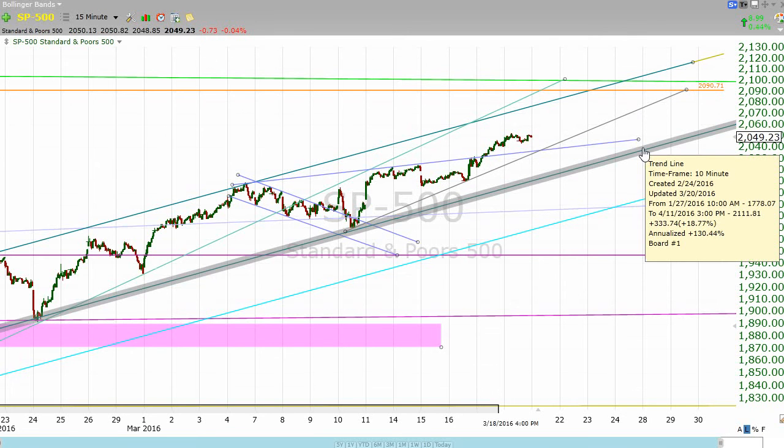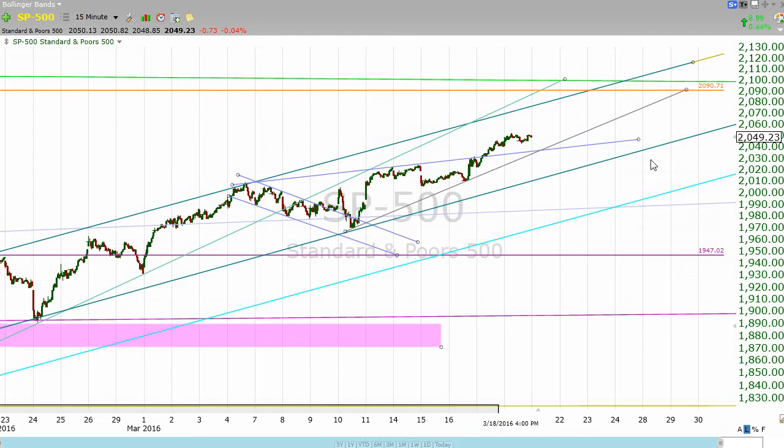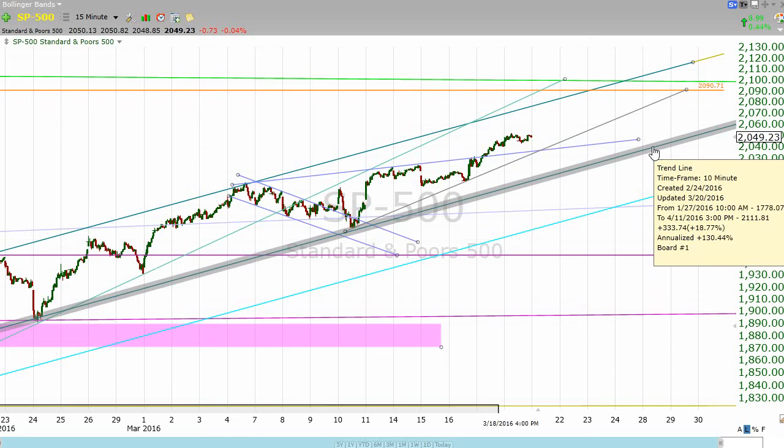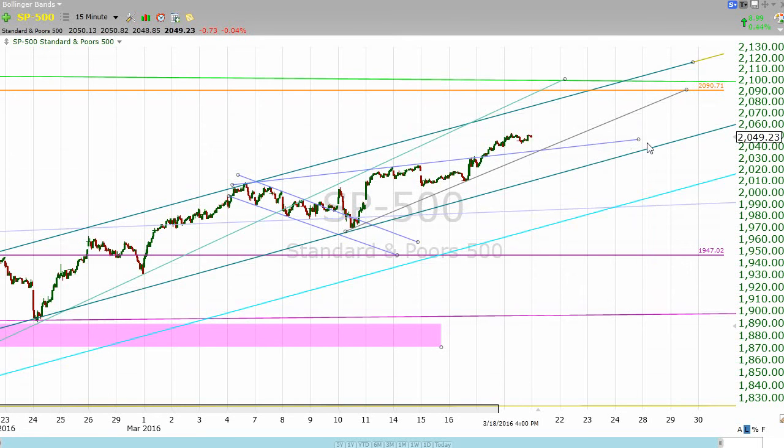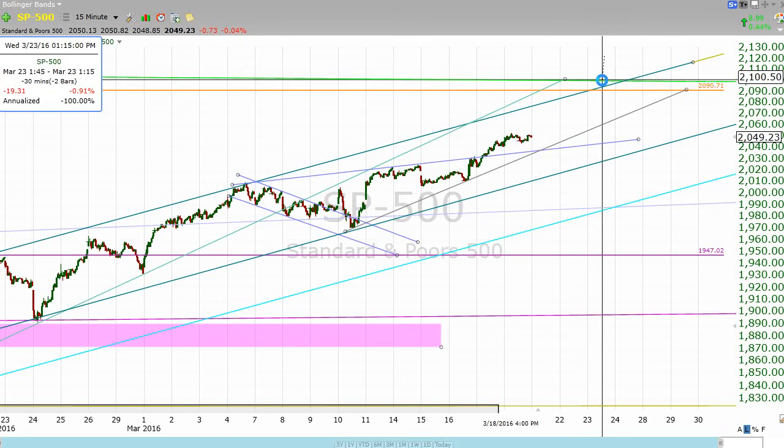this line right here. And then if this line breaks, well, we have to ask ourselves, did we make our minimum target? If we made our minimum target already by getting up to 2090, then if this line breaks and this line breaks, we could be looking at a test of significant support back in the 1900s again. However, if these lines hold, the great thing would be if this market could get over 2090 and this level right here at about